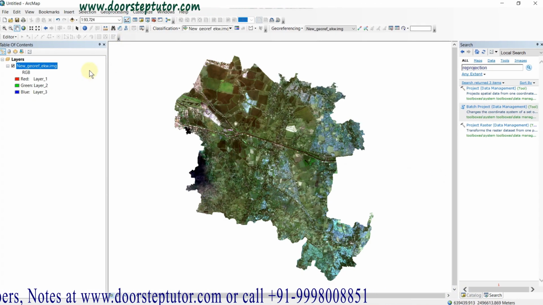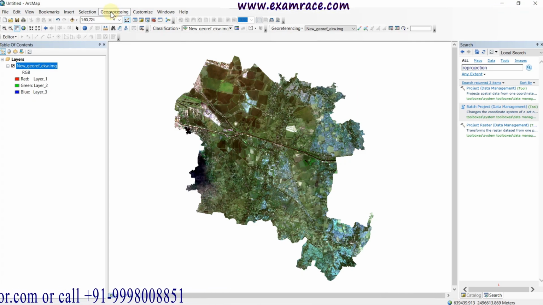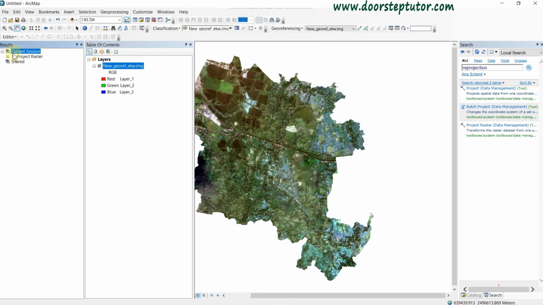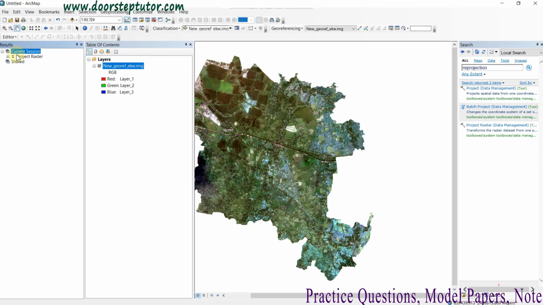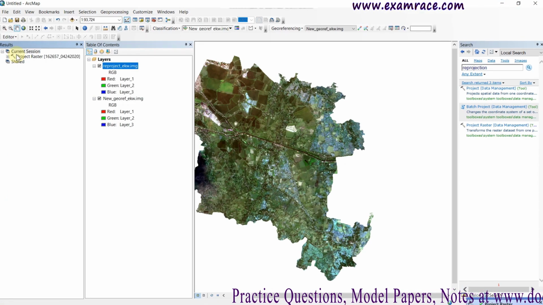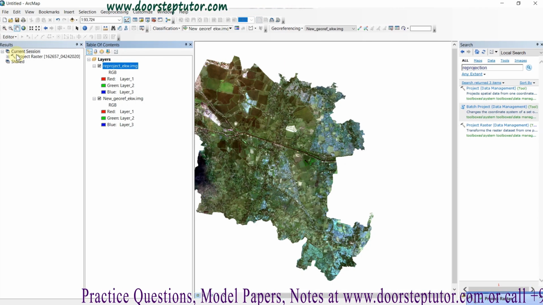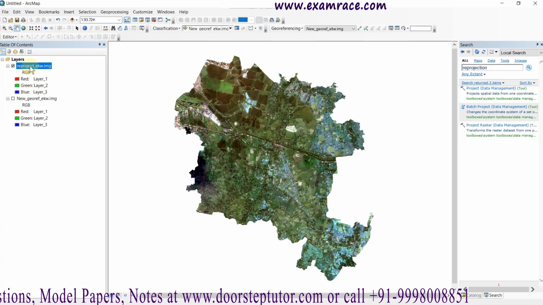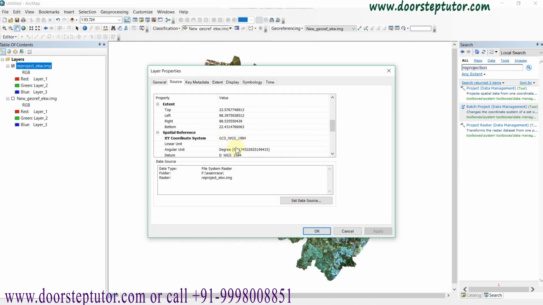It is processing. You can see in the result section while processing it. The current session is under processing here. Georeferencing is one of the very important parts while working with datasets, image or raster or vector, and reprojection is one of the very important parts as per our study necessity. Now here the image has been opened, and you can check in the properties the GCS WGS 1984.